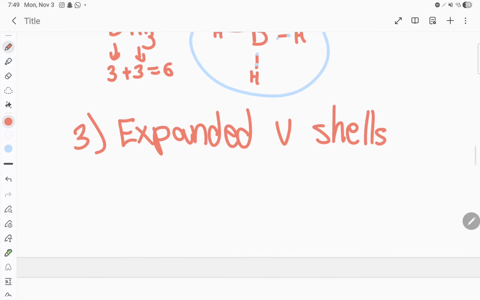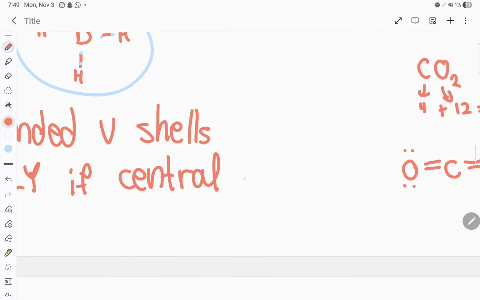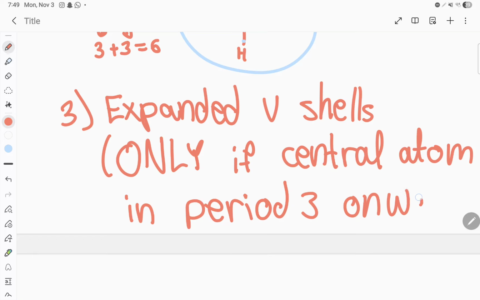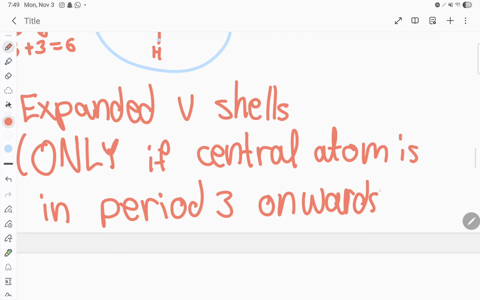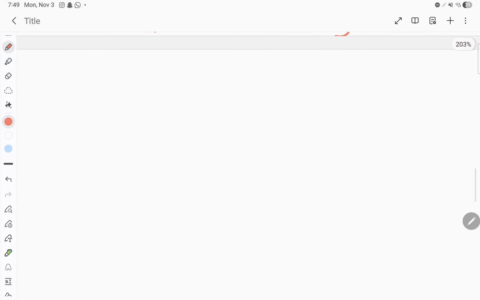But this is in one case and one case only: only if the central atom is in period 3 onwards. So it has to be in period 3 or anything under that. And one example is just